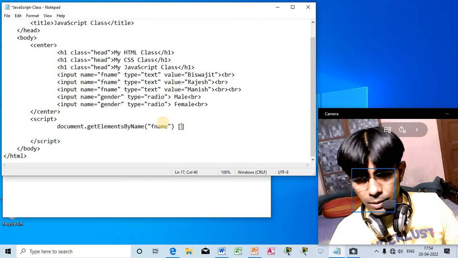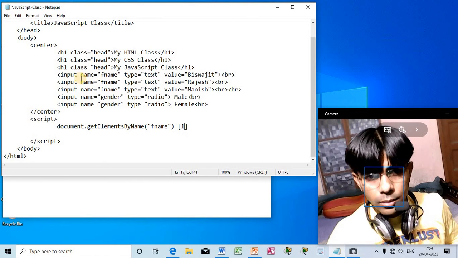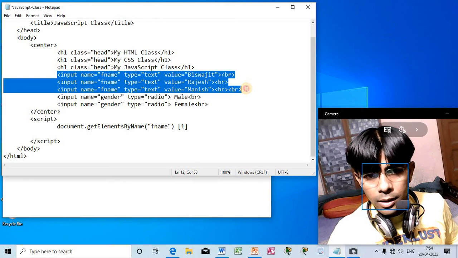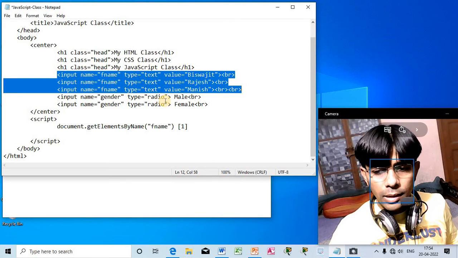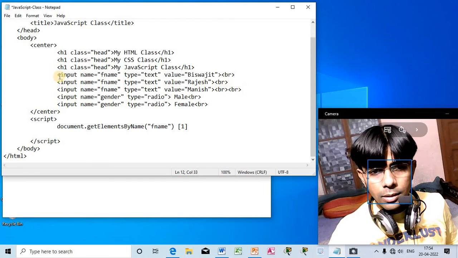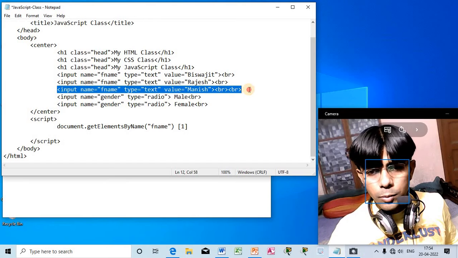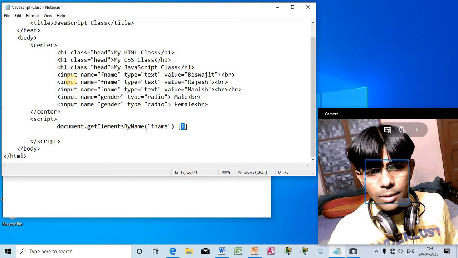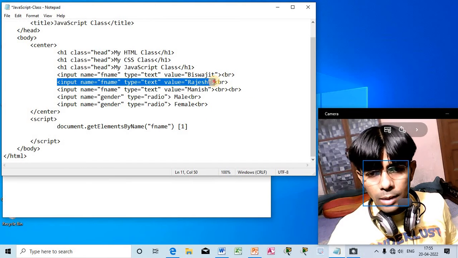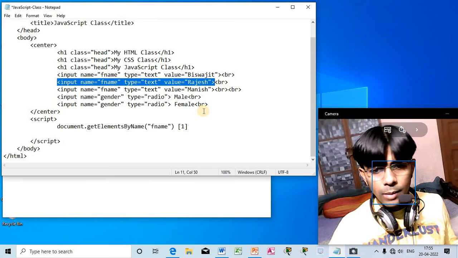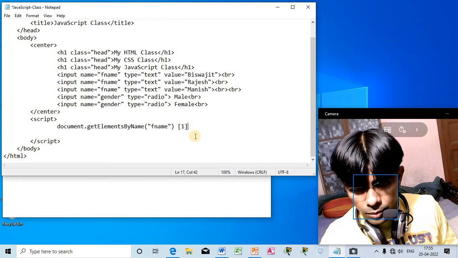So the position I have given, let's say, is 1. These 3 are under fname, right? All these 3 elements have fname. This is the 0 position, this is the 1 position, this is the 2 position, right? So I have taken 1, that means this position, this element, I am going to work with this particular element, right. So you can see